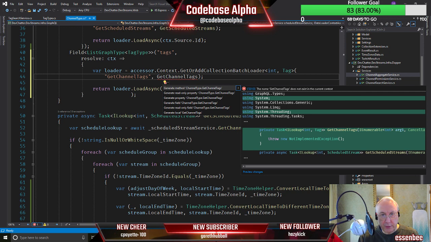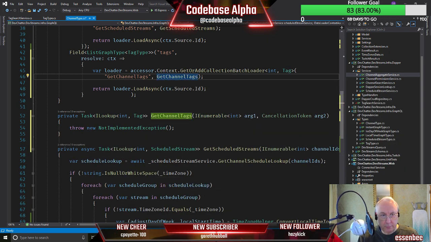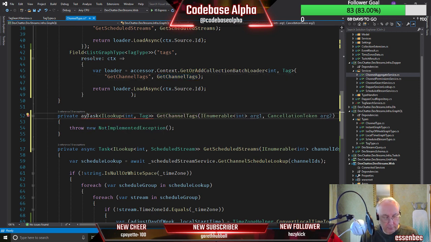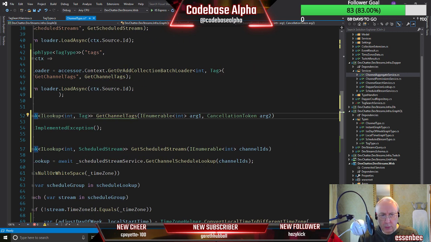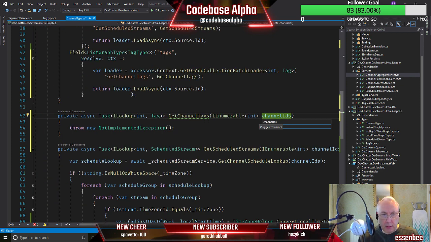Okay, so generate method. There we go. It's going to be asynchronous, and we don't need a cancellation token. We just need channel IDs. There we go. Okay,